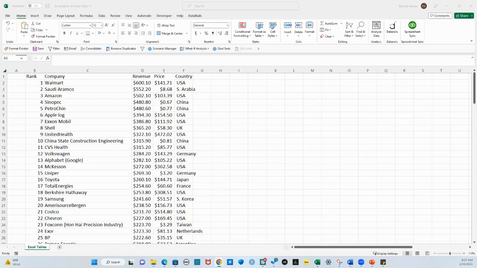We'll cover how to create, format, and analyze data using Excel tables. Excel tables can be used to make managing and analyzing related data or data with multiple columns and rows easier. So here, the data set that we'll be using is the top 100 companies in the world ranked in terms